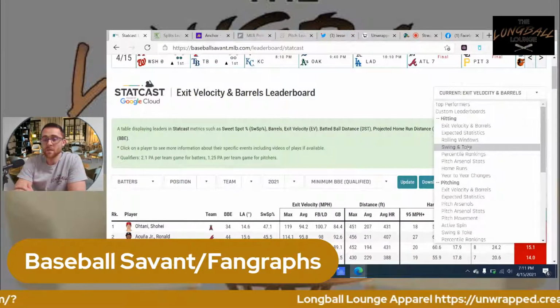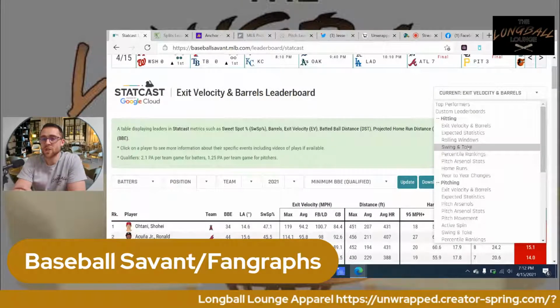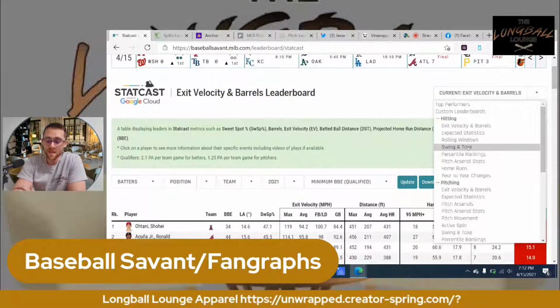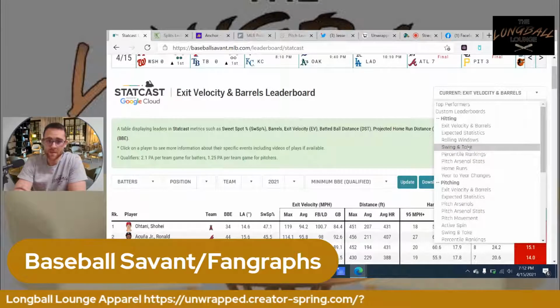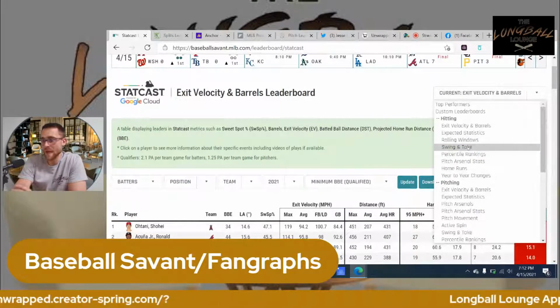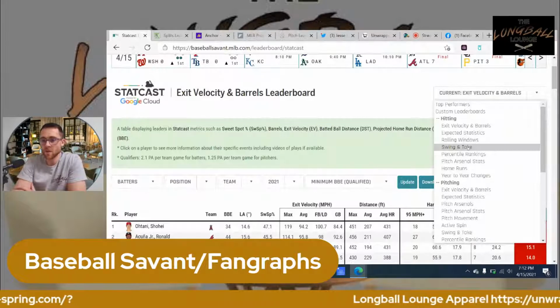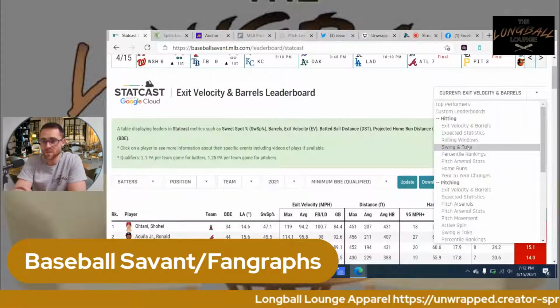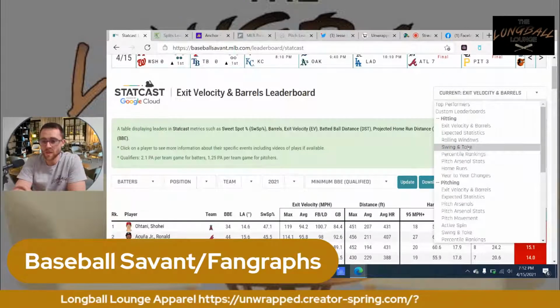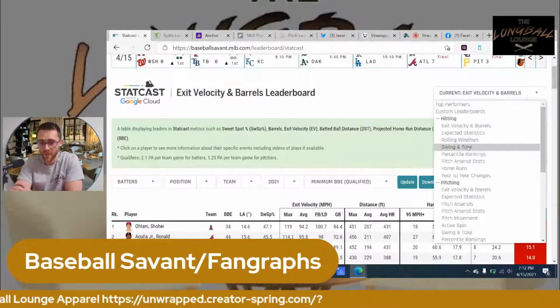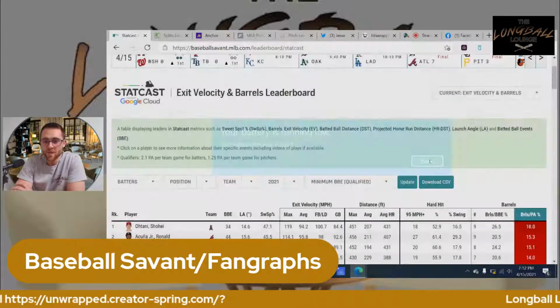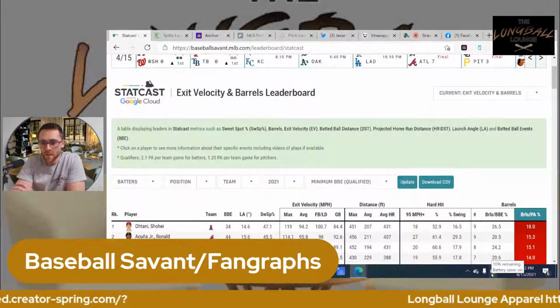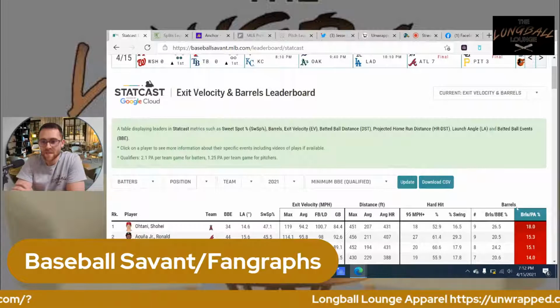F-Strike. You'll see that, first pitch strike. Why is that important? You want to get ahead of hitters. You don't want to start off every count 1-0, because then you start having to force fastballs in hitter counts. And when they know a fastball is coming and you have to throw a strike, what's going to happen? More often than not, the hitter's going to make you pay. So those are the things that we're looking at and digging into.